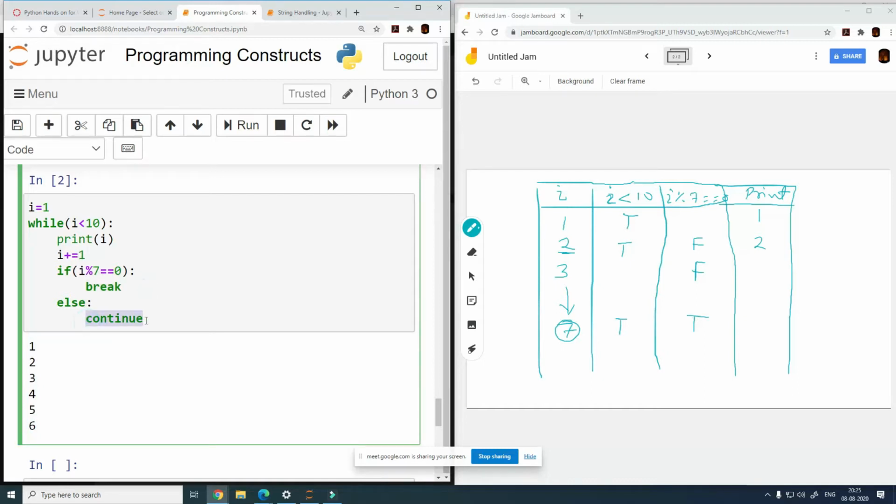So continue is a statement which we use when you want the control to stay within the loop, right? When you want the loop to continue. And break is a statement when you want to exit from the loop. Clear? These are two statements that you can use within the loop.